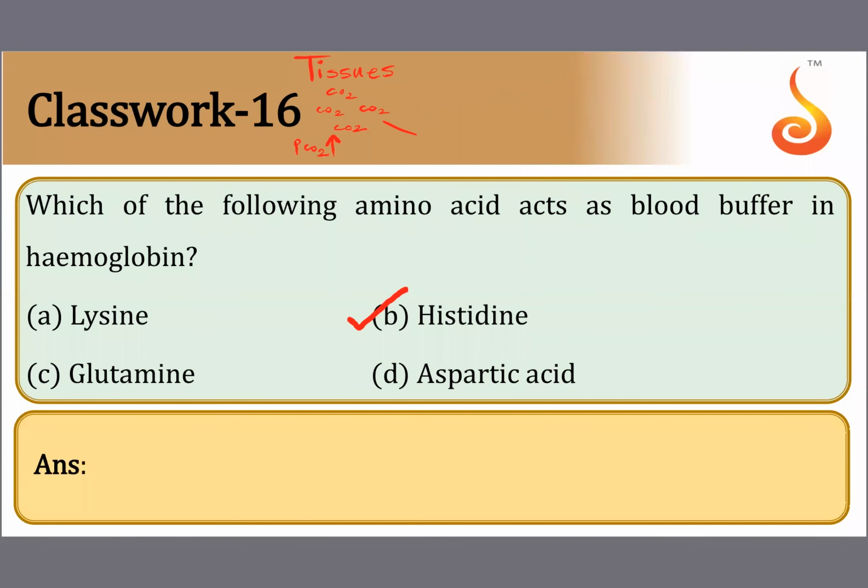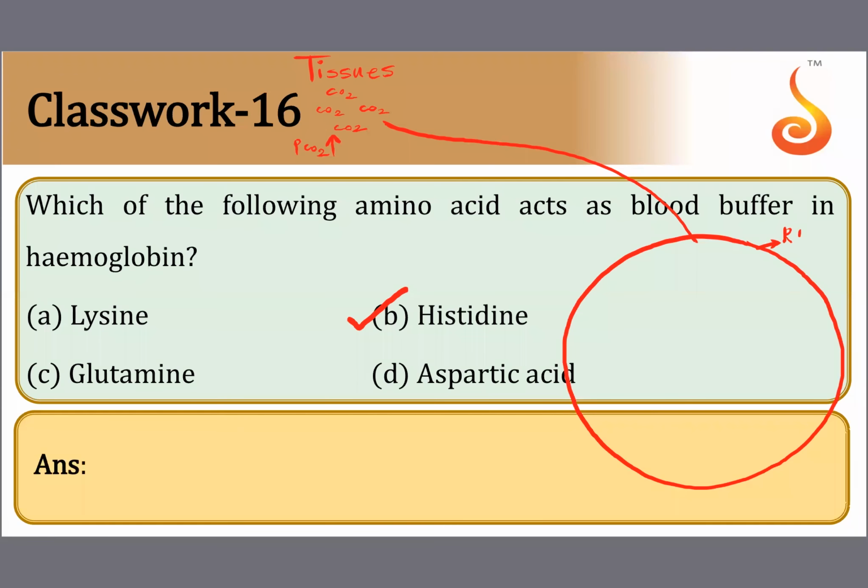So this carbon dioxide enters into your RBC. So this is your RBC. This is happening in your tissue, okay? So carbon dioxide combines with water to form H2CO3. That will immediately split into H plus and HCO3 minus. Actually, HCO3 minus will not be kept inside your RBC. It will be thrown out in exchange for chloride ion. This is called chloride shift. All of you remember this.